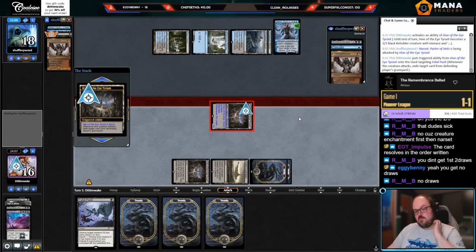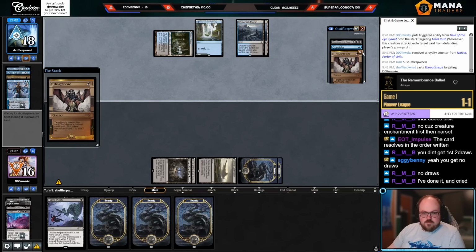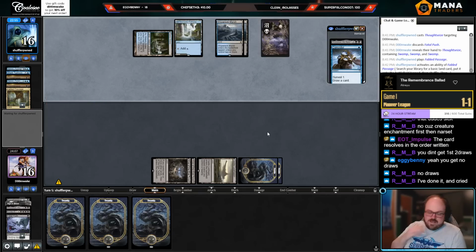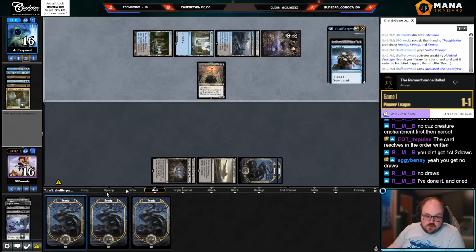Exile push for Gearhulk purposes. No draws. Okay. So they have Sheoldred, Consider. Them drawing that second Narset was so rough. I mean, I probably still would have lost anyway because they found Thoughtseize for Invoke, but...